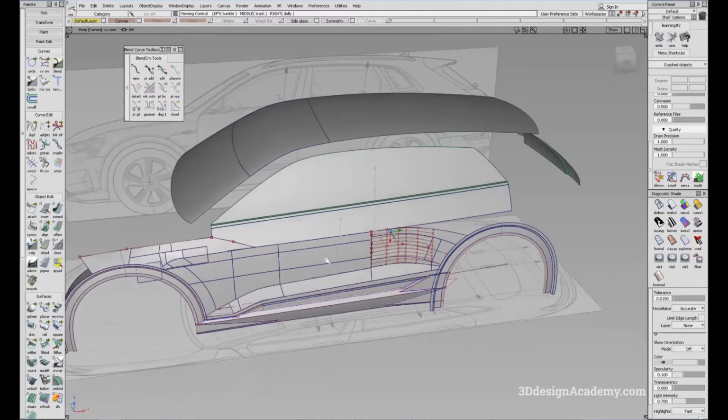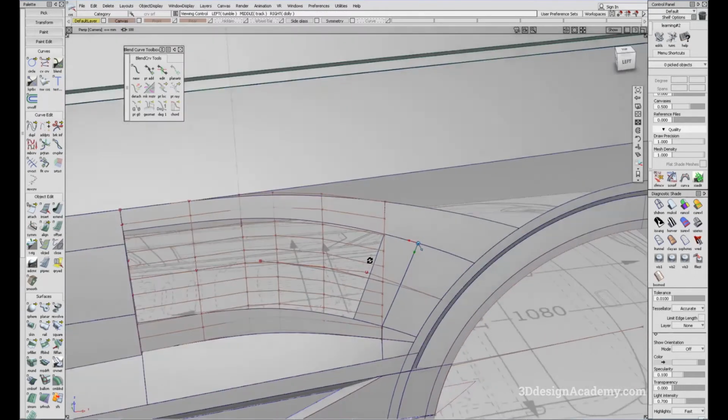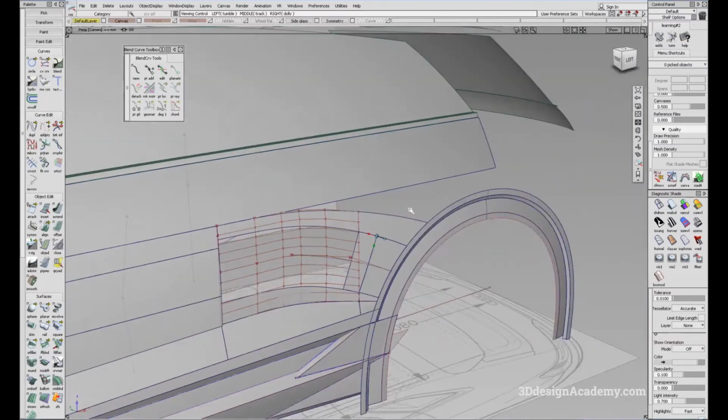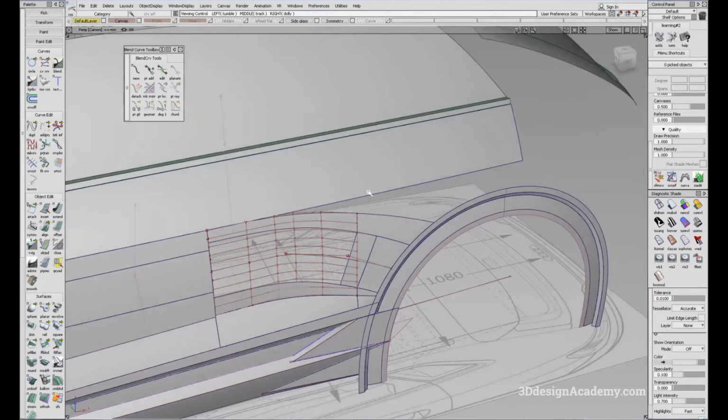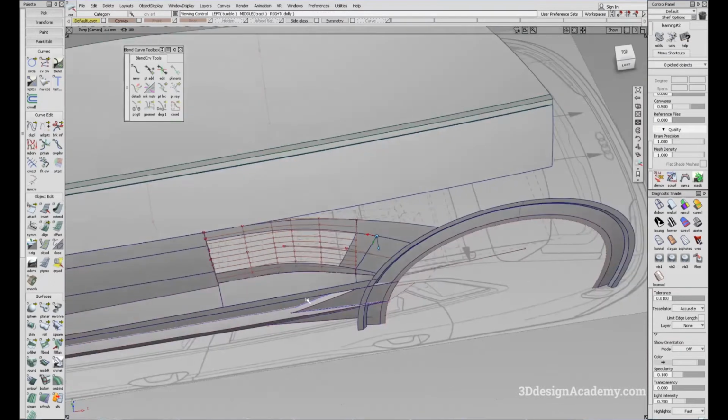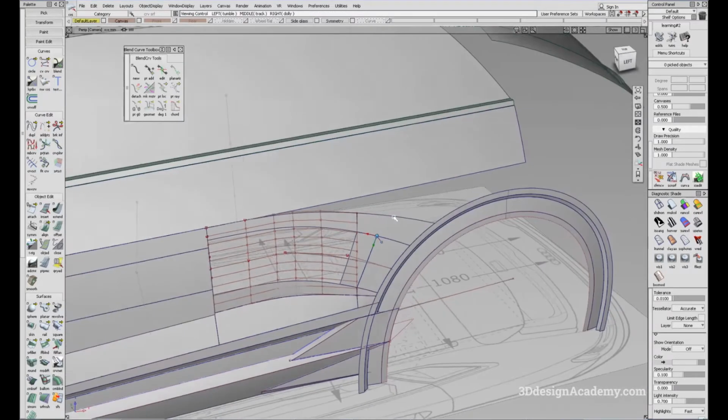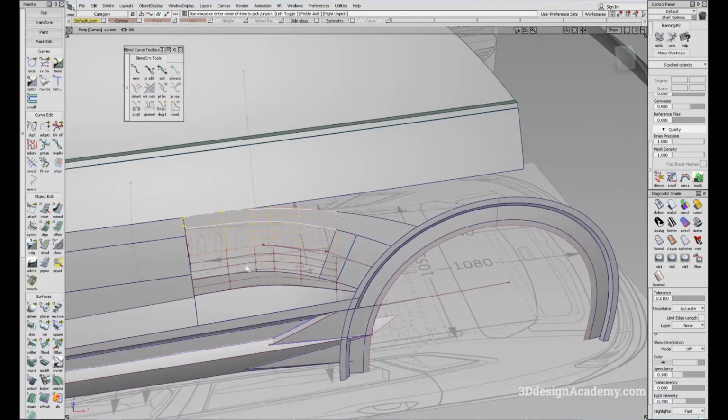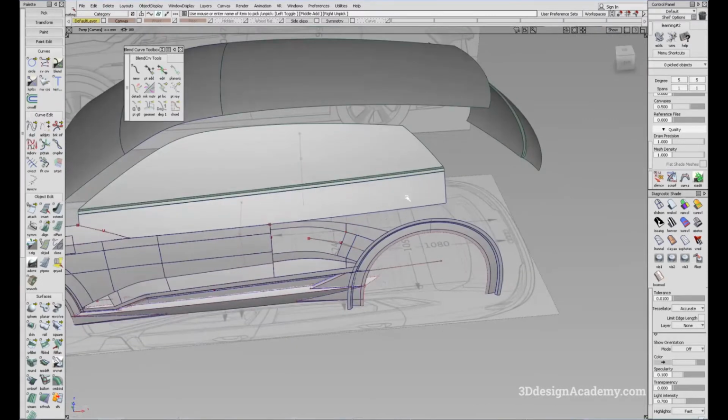Okay, so in the previous lesson, we did quite a lot on the front fender. So now I'm going to continue on the rear fender. If you look at this mesh right now, I did this without consideration for this fender over here, so I'm probably going to be doing a lot of fixes on this. But before we do that, let me just turn the series off and I'm going to construct a curve